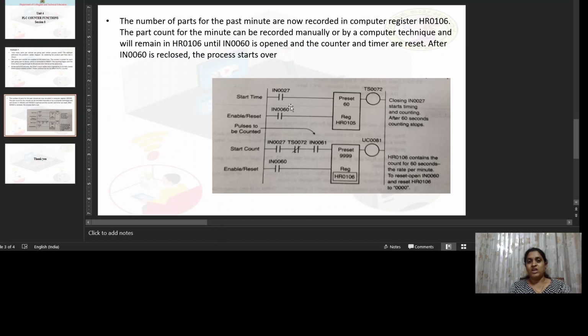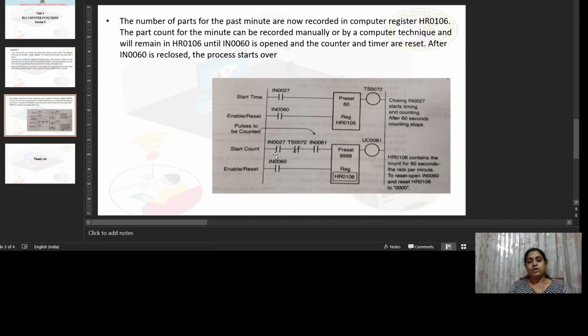IN27, when I energize this contact IN27, it will start the timing. The moment it is energized, it will be closed. At the same time, the timer starts. And in the second ladder line, we have used the same contact IN27.